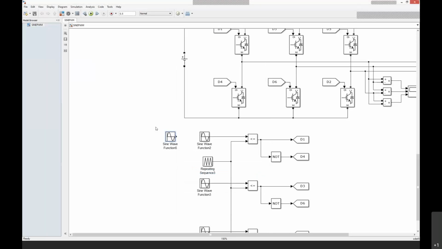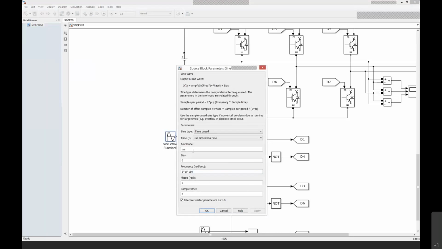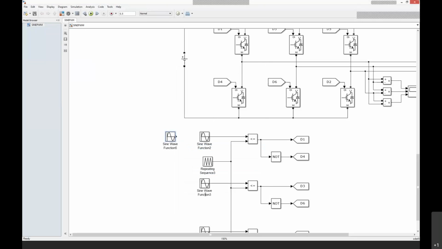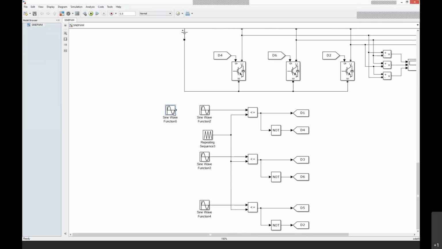So we need to add these two, right? That will generate the actual modulating signal. In this case, the third order component may be 10% or 5%, and you have to make sure that once you add the third harmonic, it must be within the limits of plus or minus 1. That must be in the linear modulation range, that is the +1 to -1 range. Okay. So you need to add the same signal to all the phases, A phase, B phase, and C phase, right?